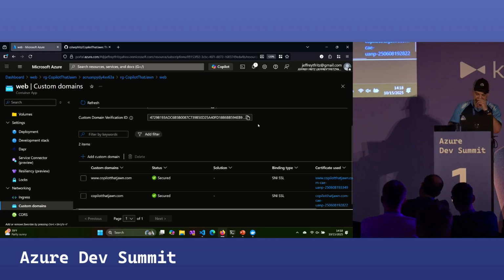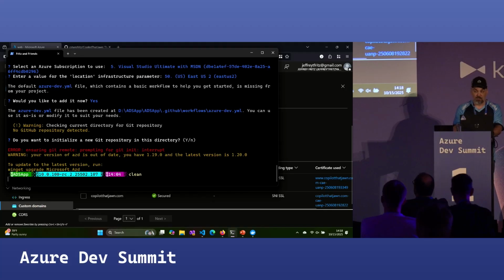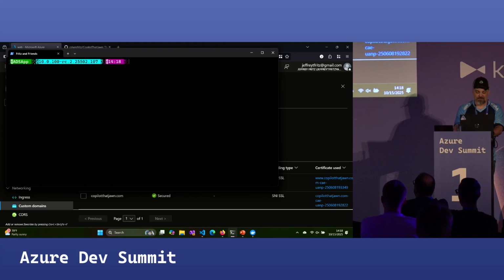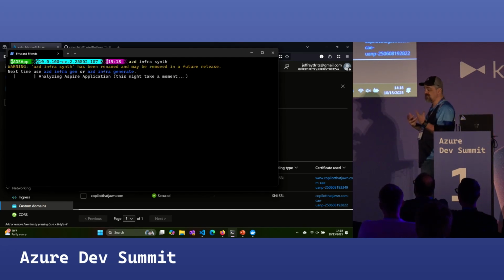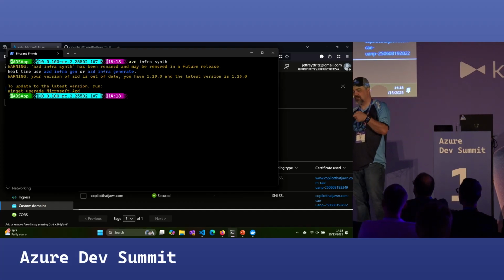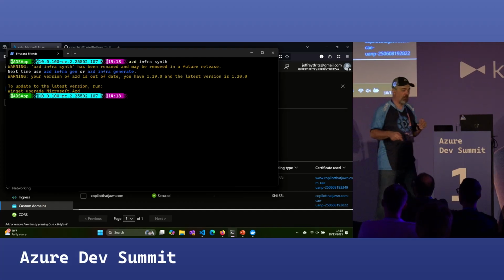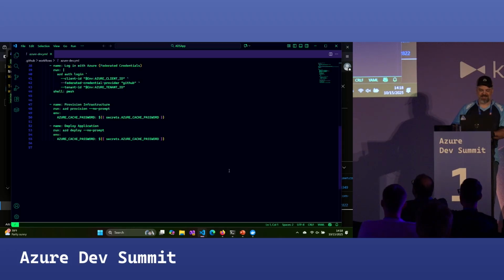Specify domain names. When you run AZD at the command line, one of the other things you can do is azd infra, is it still synth? It's infra gen. And what this does is it generates all the Bicep files for your application and writes them into the folder for you so that they aren't generated on the fly for your application. So if I go back to this basic example,